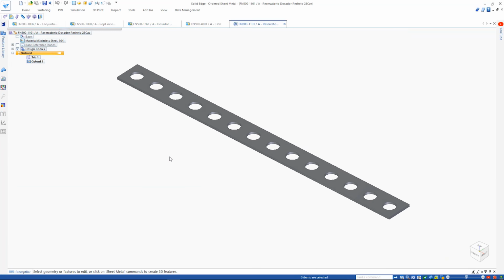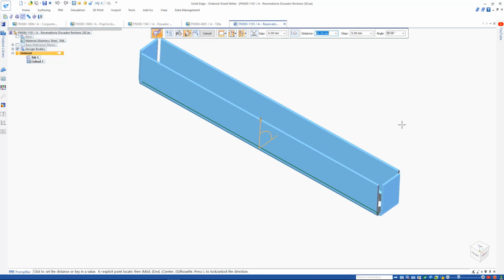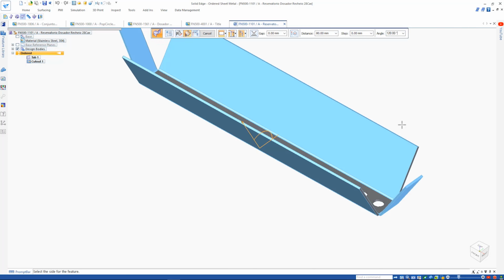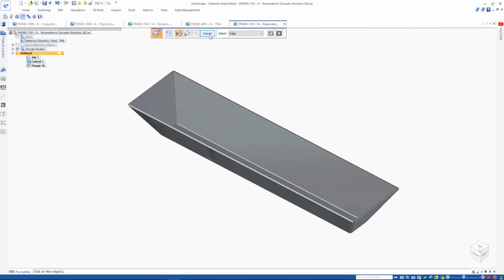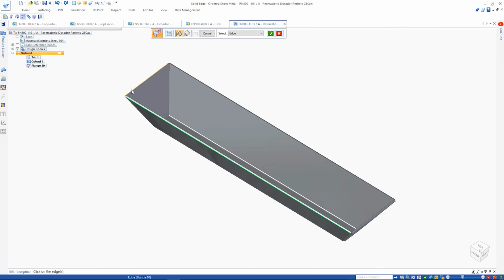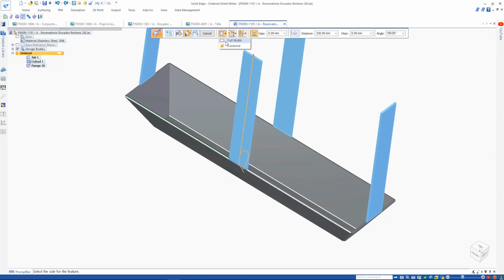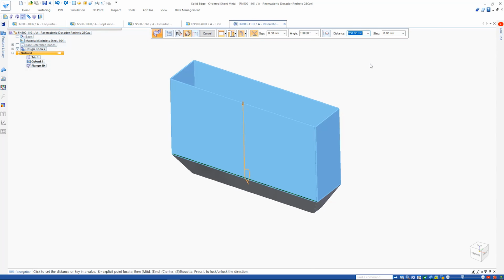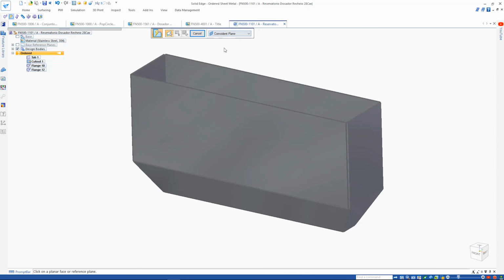A new multi-edge flange command speeds the process for designing sheet metal parts. Multiple edges can be selected at the same time, angles can be defined, and miters automatically added. It's as simple as picking the edges and then pushing or pulling. In addition, partial or centered flanges can be defined, and trim options make light work of tasks that would normally require multiple operations, even with offset or gap distances if required. These sheet metal enhancements, along with many others, increase productivity and efficiency by being able to design parts faster and